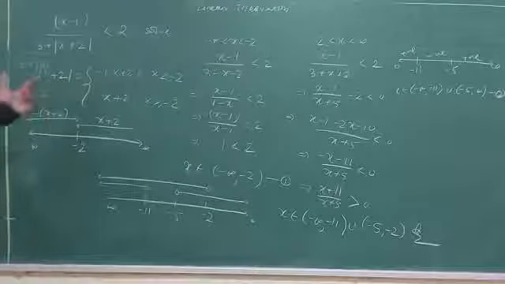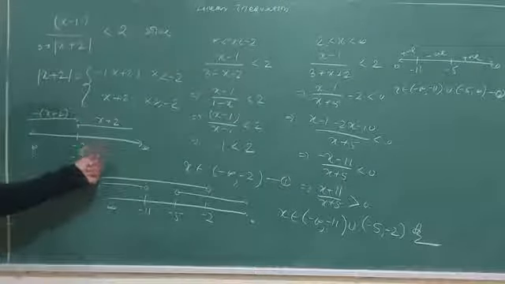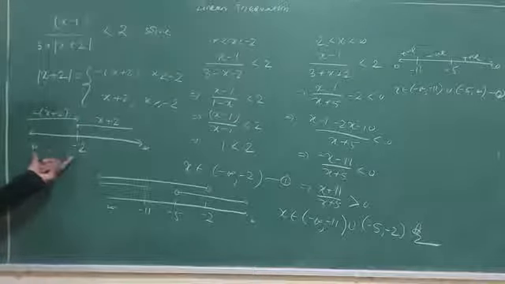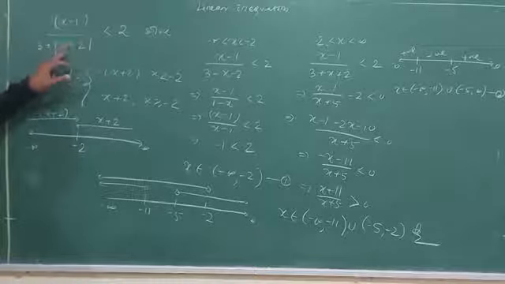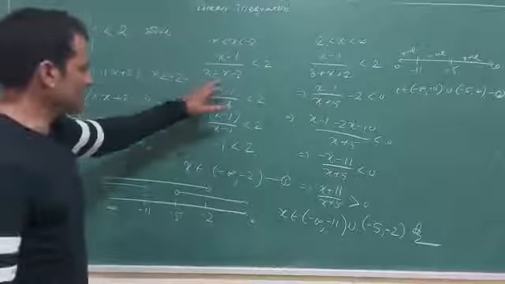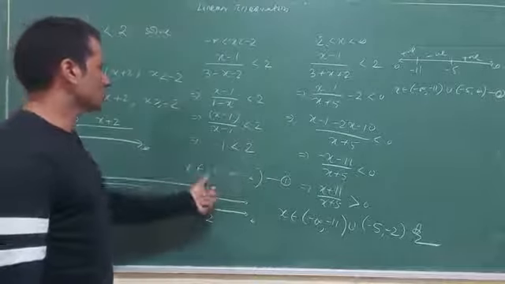What I did: this is the modulus I took. The condition is minus with the partition value. This side positive, this side negative. By the first number line, this one I took. This is x minus 1. This will be replaced by a minus sign. Then I solved it. It becomes -6. Take minus common. This condition is true. So this is my solution.